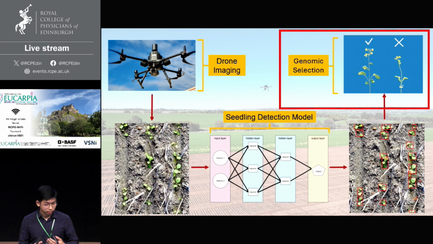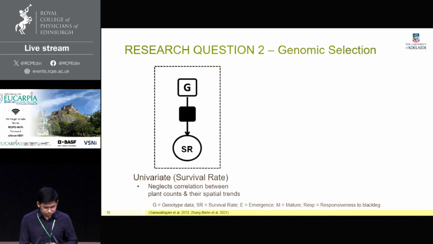The next step of this project is to optimize the existing genomic selection approach using the plant counts that were generated from the disease nurseries. Historically, the breeding program has applied a univariate analysis on the survival rate, which, if you recall, is essentially just the ratio of the number of plants survived against the number of plants emerged. However, this univariate approach